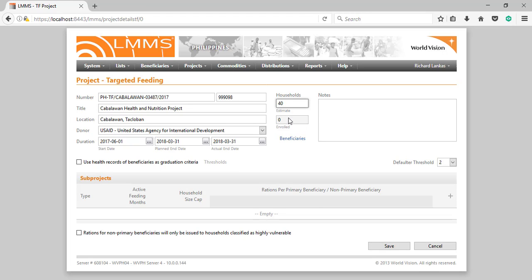Enrolled is an actual visual count of the number of households currently enrolled in the project. Every time new households are enrolled or terminated, this number will automatically adjust to reflect the current active households enrolled. It's important to note that enrollment in targeted feeding happens through individuals we call primary beneficiaries. However, the system will only count household numbers here as opposed to primary beneficiaries, which you can have multiple in